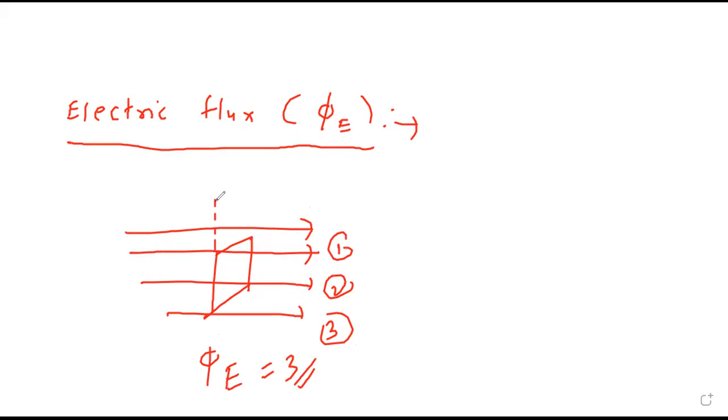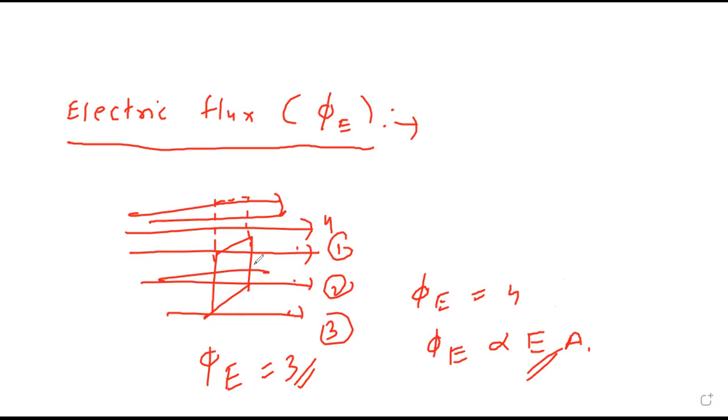Suppose I increase the area. What will happen? More flux will get associated or same will get associated? More. Now what will be electric flux? 1, 2, 3, 4. So can I say flux depends upon electric field lines? Hello? And also area? Correct, na? Area increase, field is increasing. Field is made stronger, then also the flux will increase.